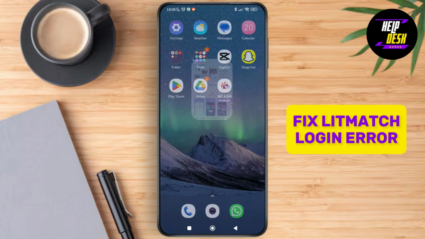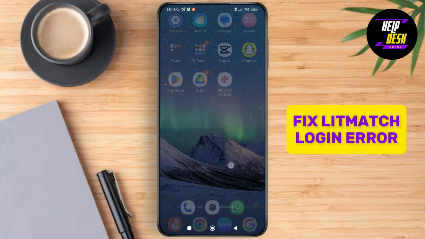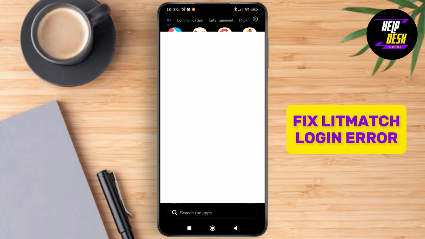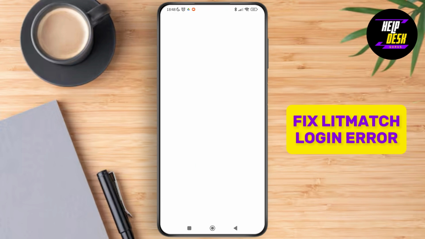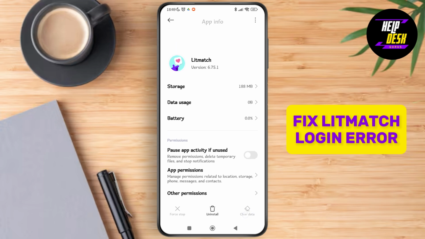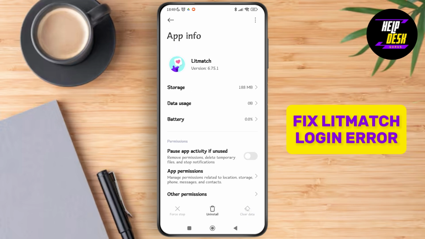So I'm gonna go back and then make a long press on the Litmatch application. Then tap on App Info, and then under App Info you can see the option of clear data at the bottom right corner of the screen. So just tap on clear data and you'll be able to clear cache,